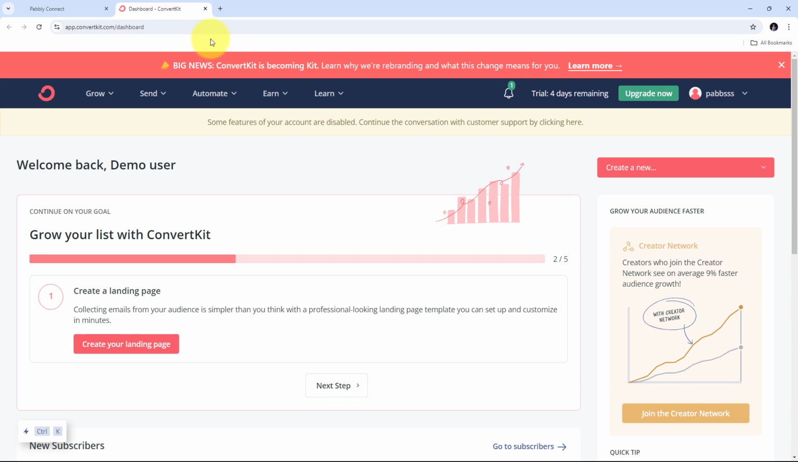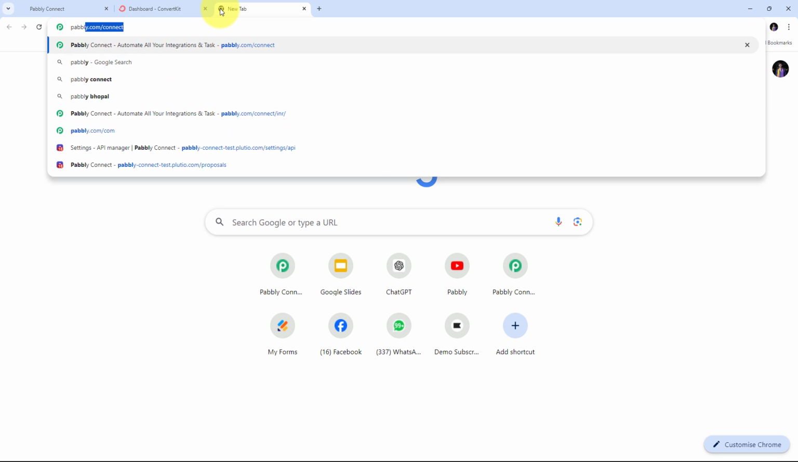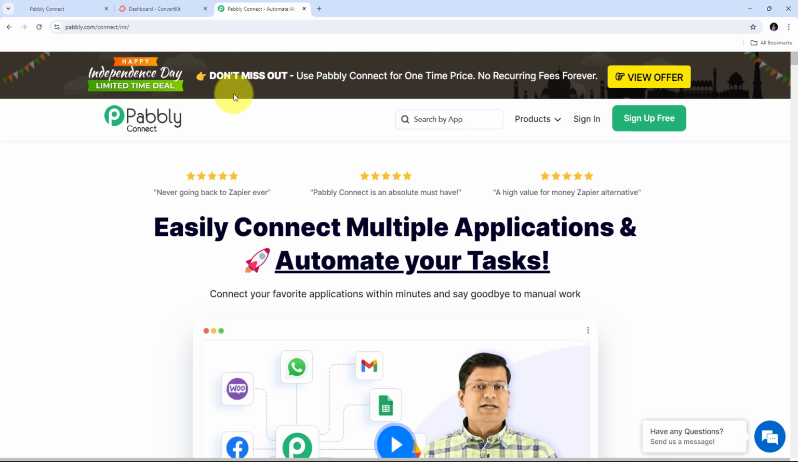For using Pabbly Connect, I need to open a new tab and search for pabbly.com/connect in my browser. And this will take us to this landing page of Pabbly Connect. Now here in this landing page, we have two options, sign in and sign up for free. If we don't have any account with Pabbly Connect, then we can just click on this sign up for free button, and this will take only 2 minutes of our time, and we will get 100 tasks free every month. Or if we already have an account, we can just sign in